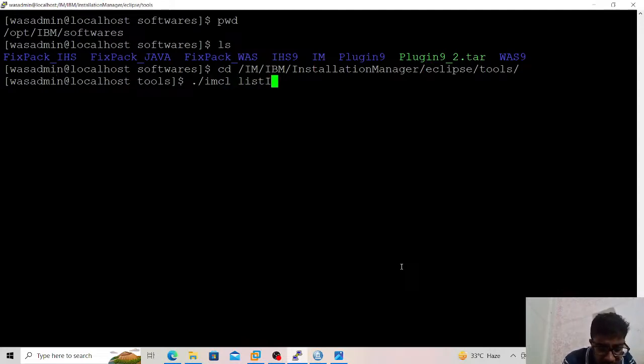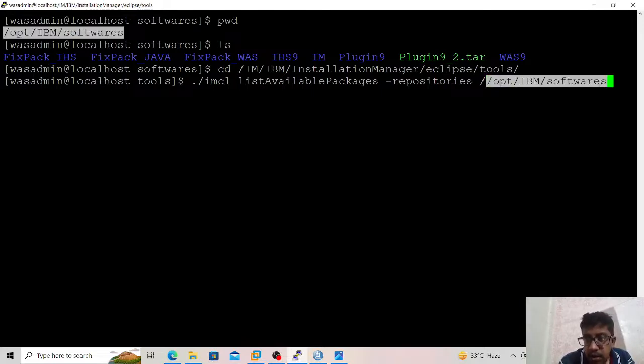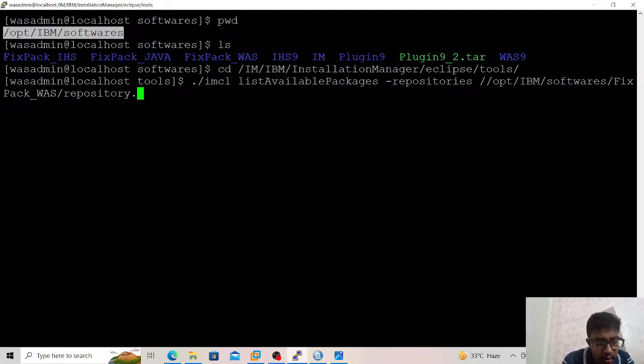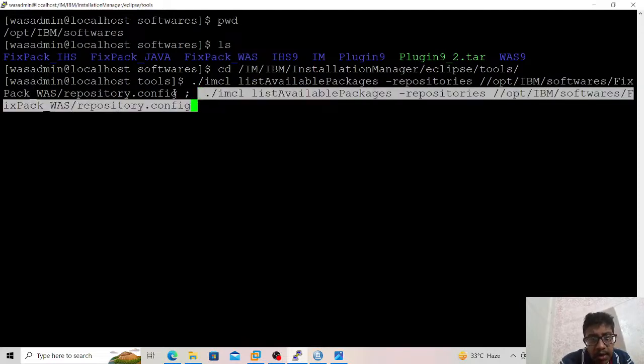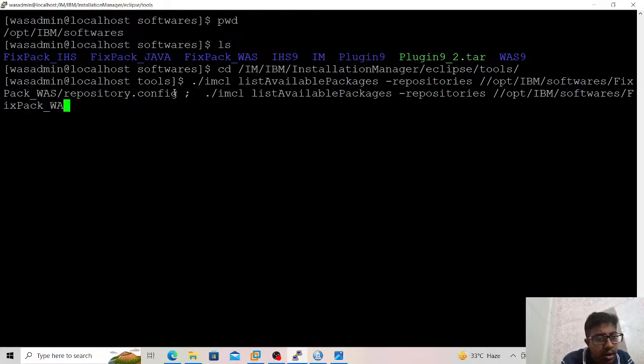./imcl listAvailablePackages -repositories. We are giving these repositories, comma, s, config, comma, like this. We are giving